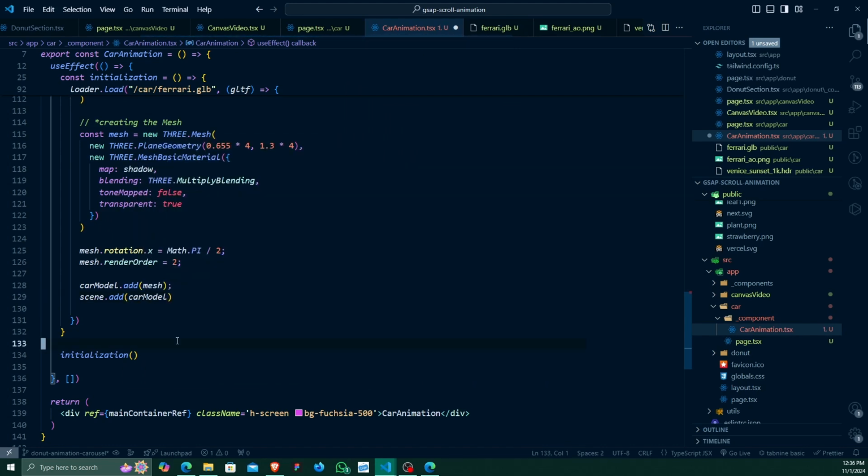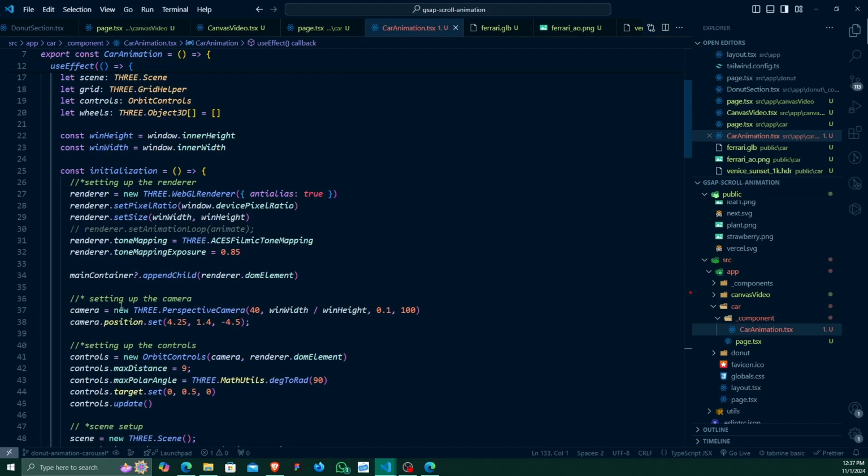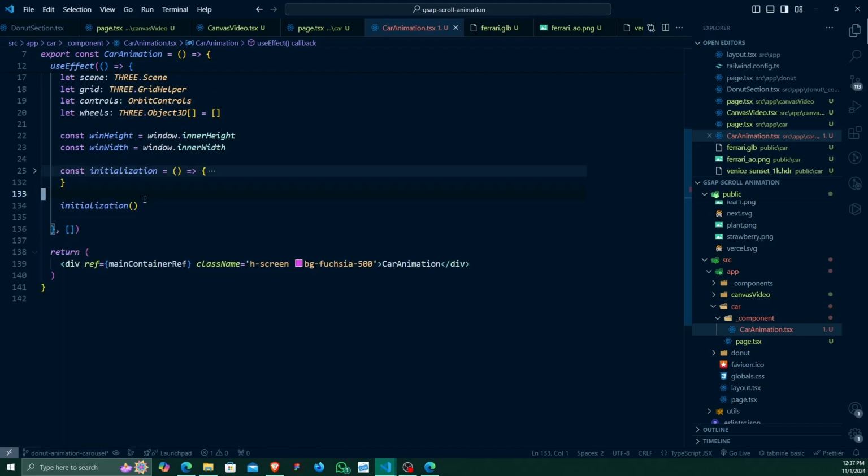Okay, so it looks pretty good and let's see what it does. And if we refresh the page, nothing is rendering here. So it is rendering a black plane here. Okay, fine. Now after 1 hour, after a long time, our initialization function is completed, and after this,